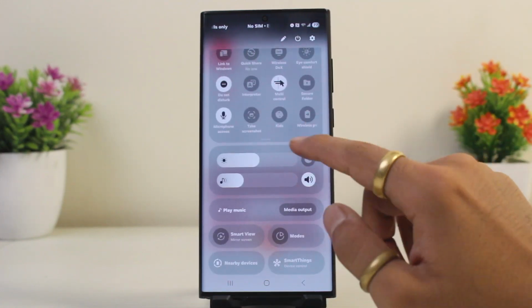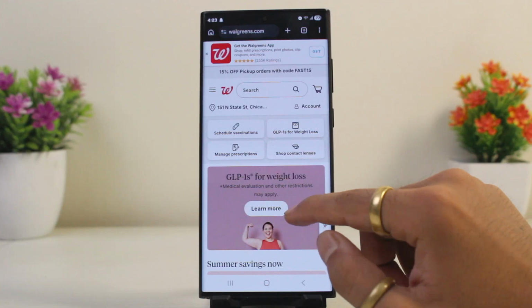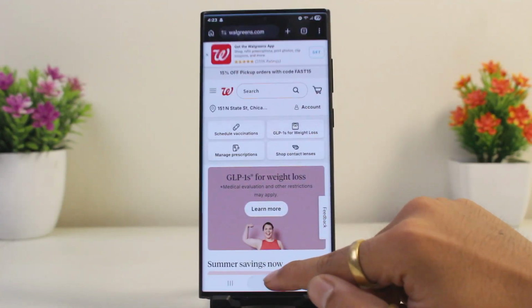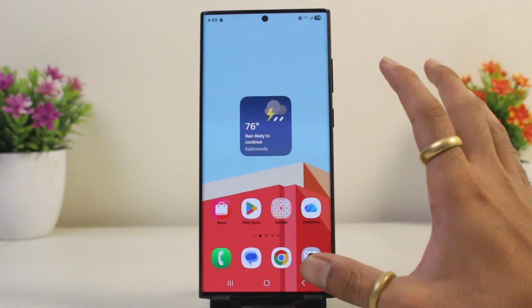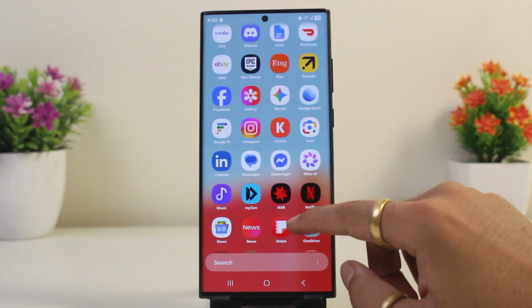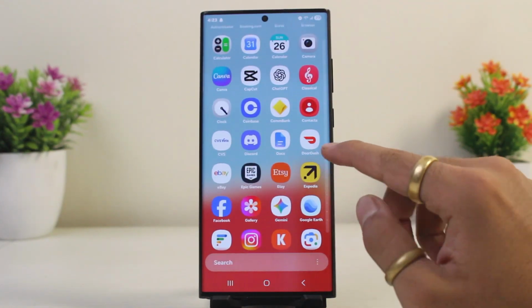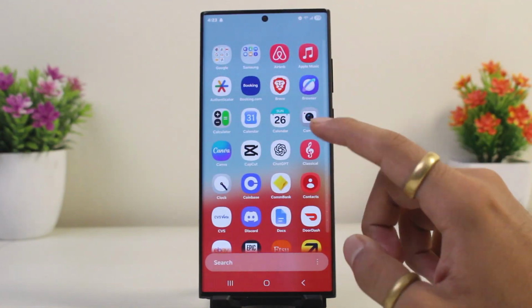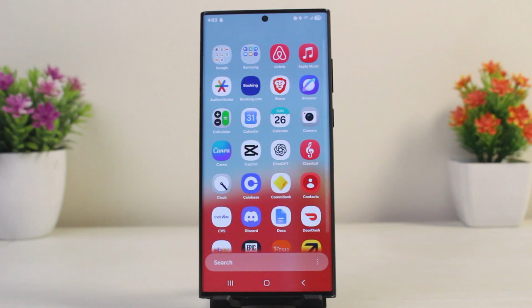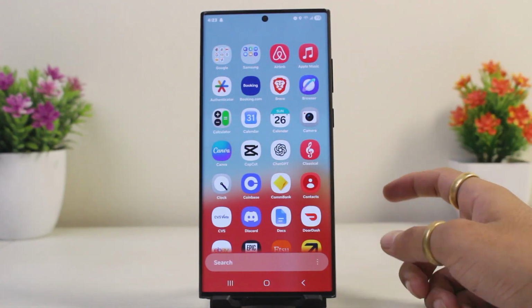And also make sure that you turn off all the VPN services and then head backwards to your home screen, open the app drawer, and look at the Walgreens application icon. However, Walgreens application is not downloaded into my device, but you simply have to follow the steps to remove the